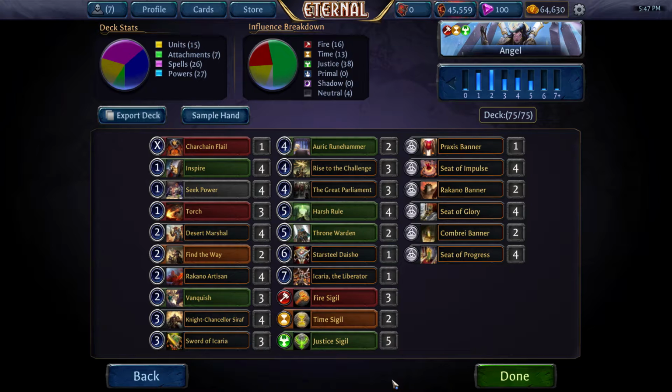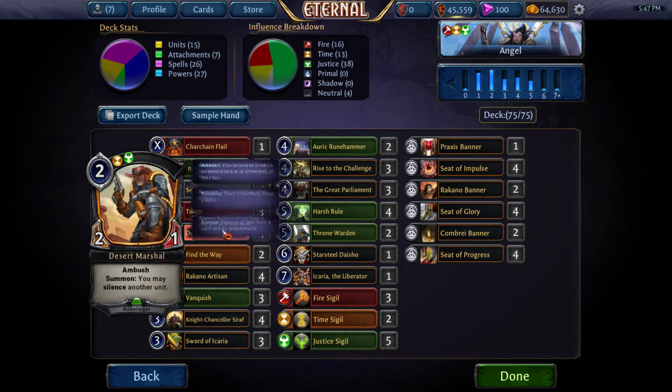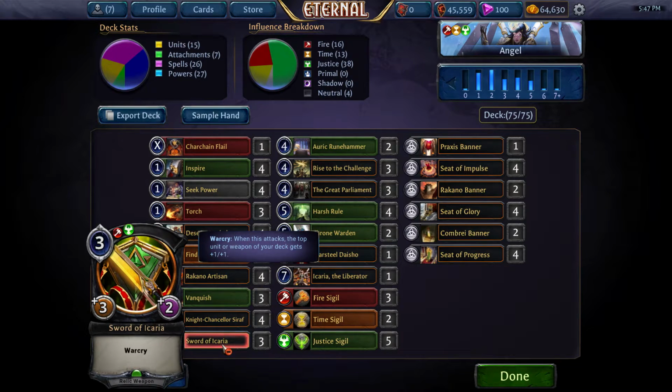A lot of the time, I ended up using some cards that are widely considered to be staple 4-ofs as 3-ofs, like Torch and Desert Marshal. And I struggled to really pin down how I should be playing this deck. Initially, I tried playing it as a control deck, only using weapons when needed to clear threats. During that process, I learned the hard way that Sword of Icaria is a proactive card in every matchup except